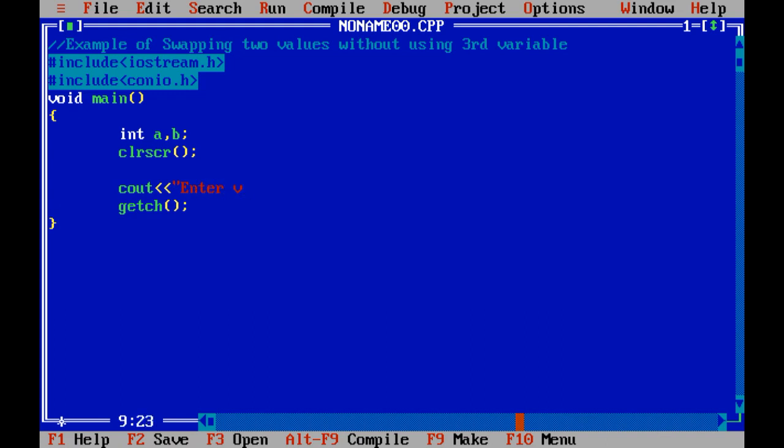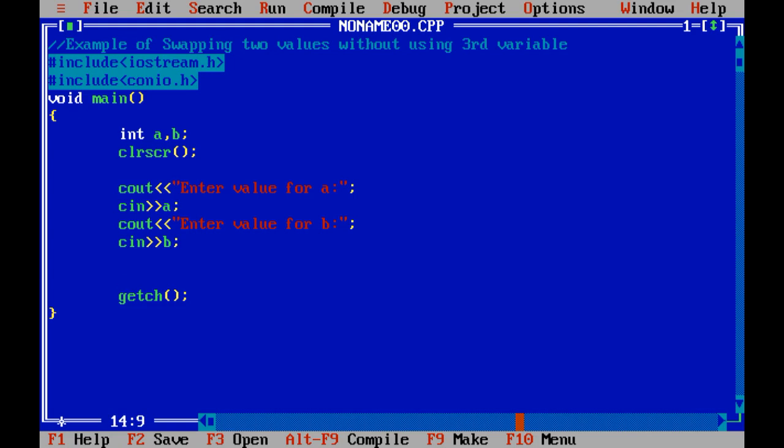Cout, enter value for A, double quotation, semicolon, cin variable name, that is A. Cout, enter value for B, cin B. Now the input portion we have completed.